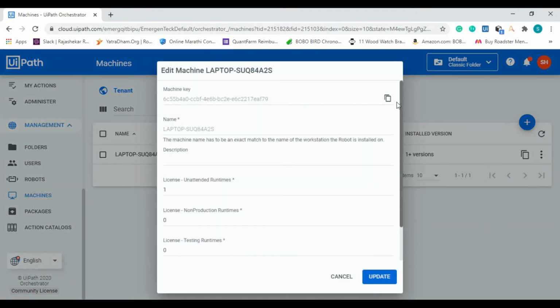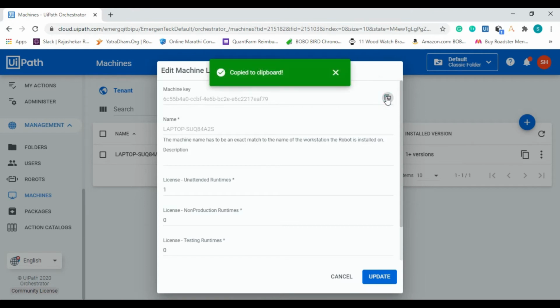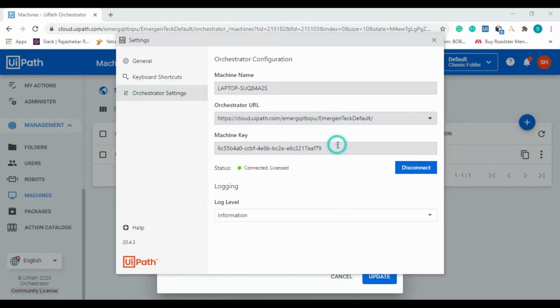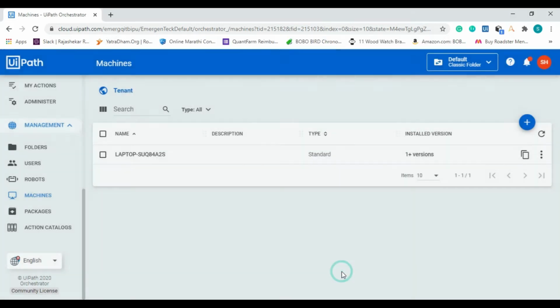Simply copy this machine key, paste it over here and click on connect. It will take a little bit of time, 10 to 15 seconds. After that it will show you the status, connected and license. So this means your orchestrator is connected with your system.